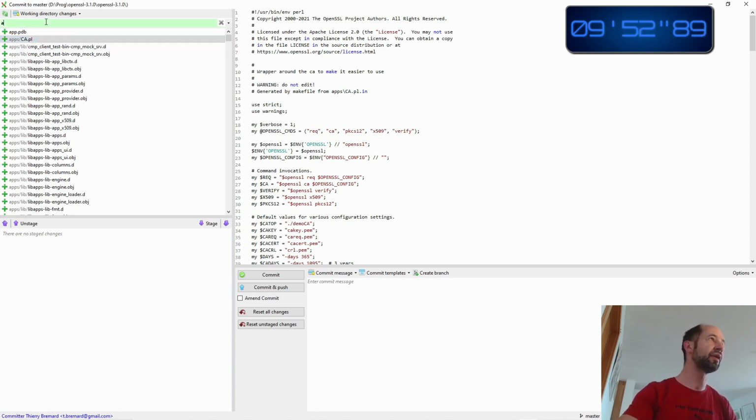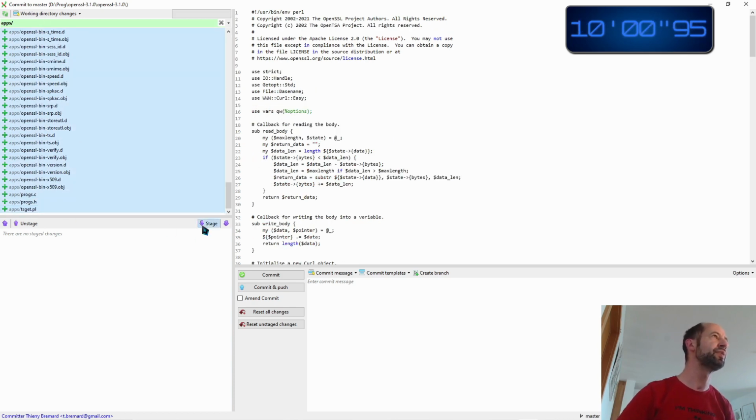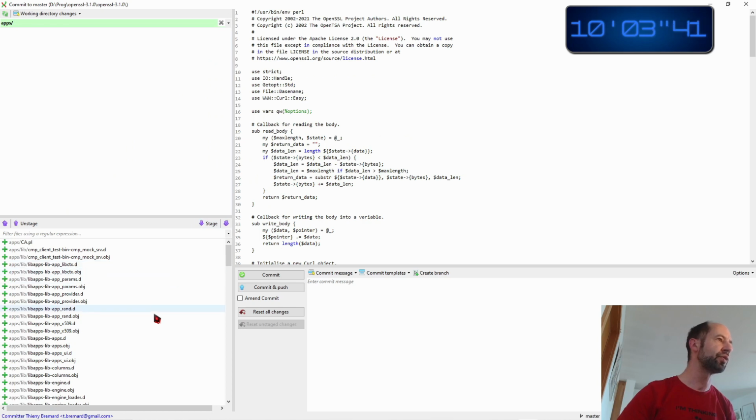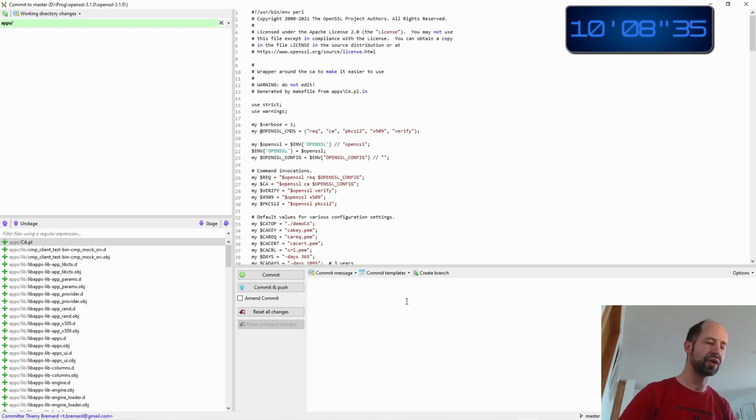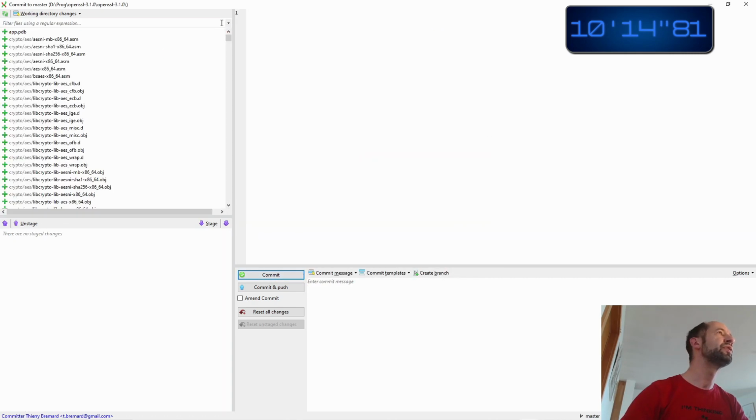So let's put a filter, apps. Okay, so all the apps directory has been built. Normally, you should not commit binaries, but here, for the purpose of the demonstration, I am going to commit this to see everything which has been built. And also, it takes 10 minutes to generate. Let's stop the counter. By the way, I am using the XoClock chronometer. You can see the XoClock program on my GitHub. Let's commit this. And then remove this filter to see all the other things.